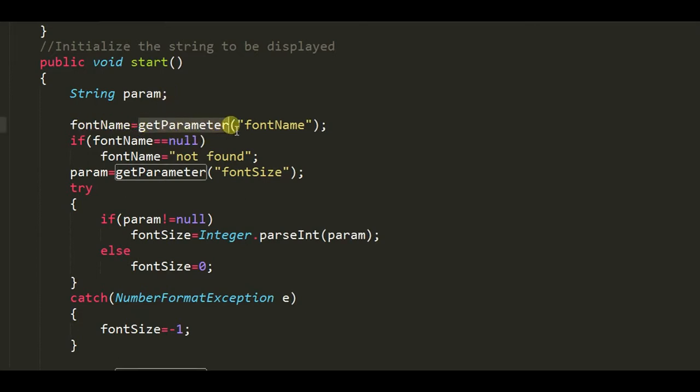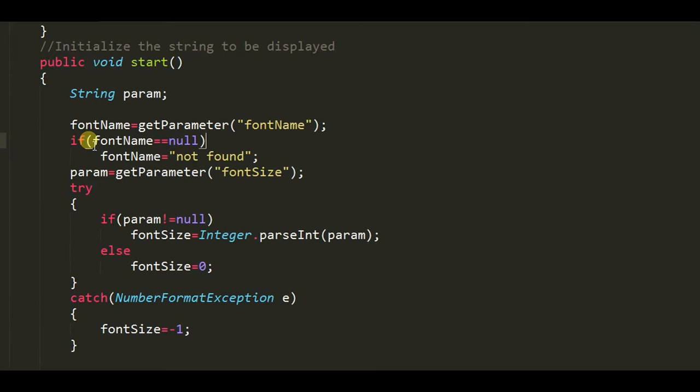Here we have used the getParameter function to fetch the font name from our HTML code. Now we have applied our condition. First, one thing I want to tell you is that using getParameter we get the result in the form of a string.